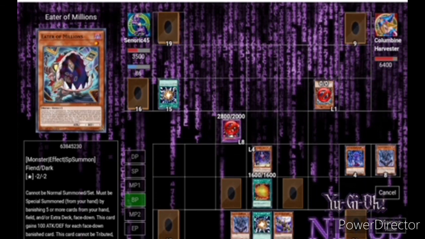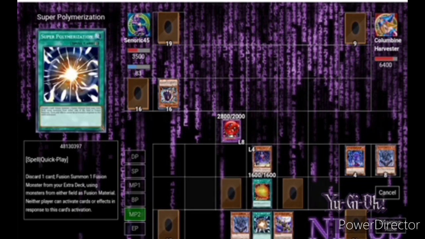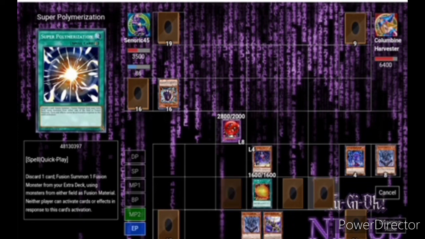I take out 1600, and then I try to set the Super Poly in my main phase 2, and then for some reason the game lagged, and then I just passed. And from there, the game disconnected, and he didn't really have much else to do from there. So that's it, really, guys. That's all I wanted to show you here for this